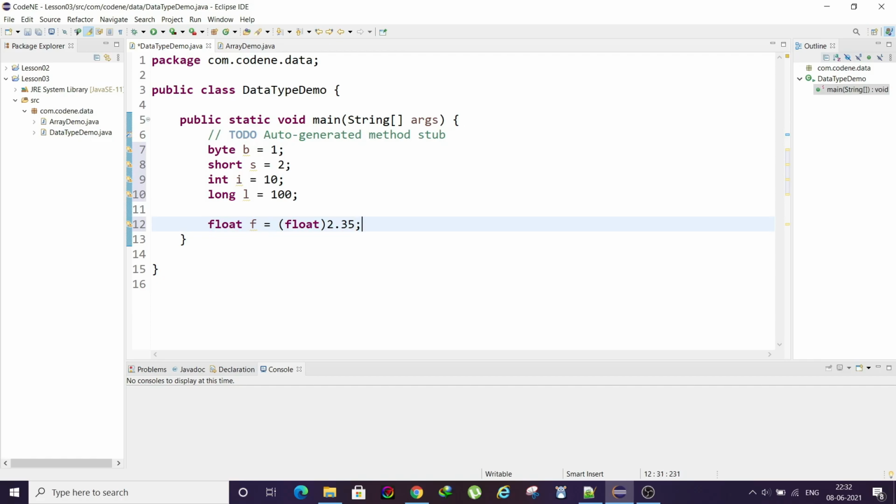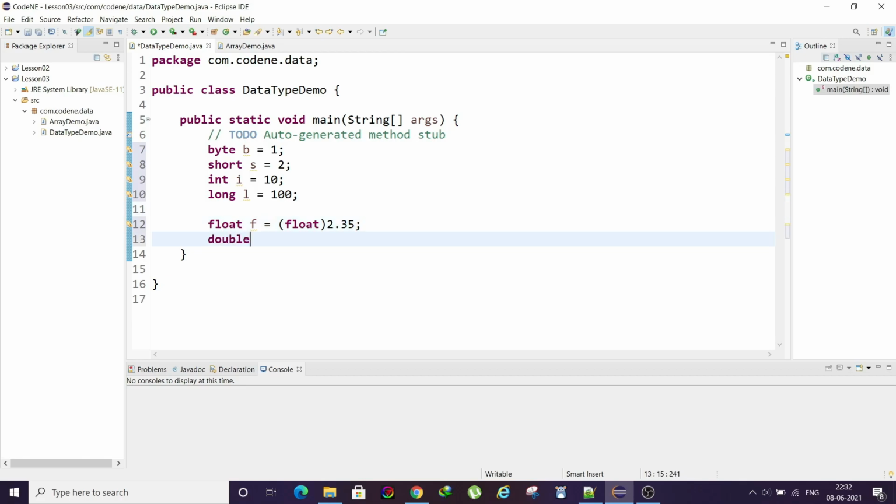That's what we are using here. If we write float in front of this, it will cast this 2.35 double value into float. That's what it is doing.